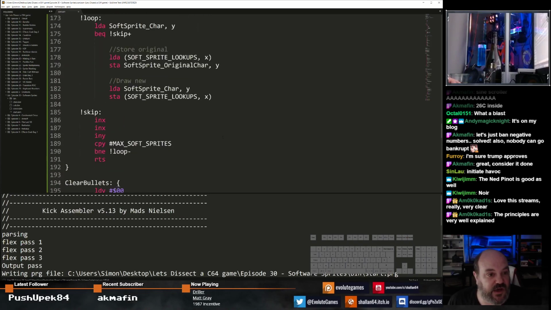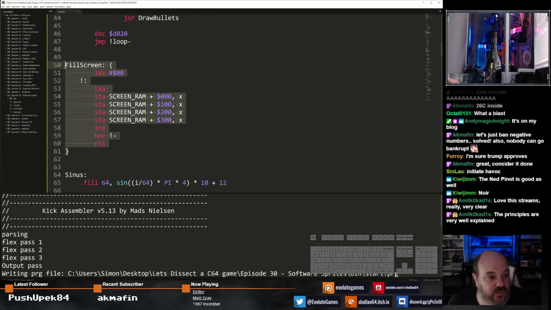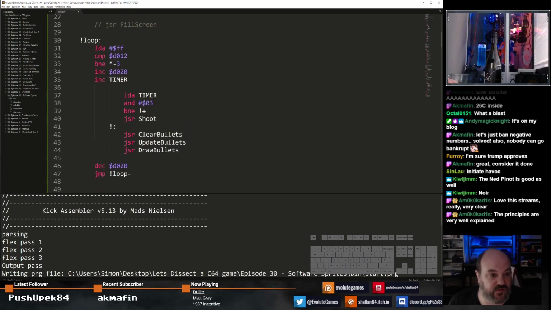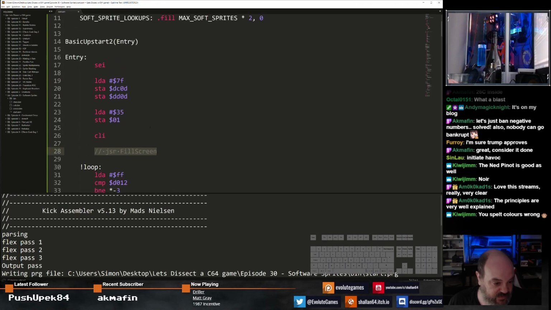So all we need to do now is set some graphics modes up here. We don't need this fill screen anymore. We'll get rid of this because it's going to be automatically filled by the process. In fact, we got rid of it there anyway. We need to set the screen and the